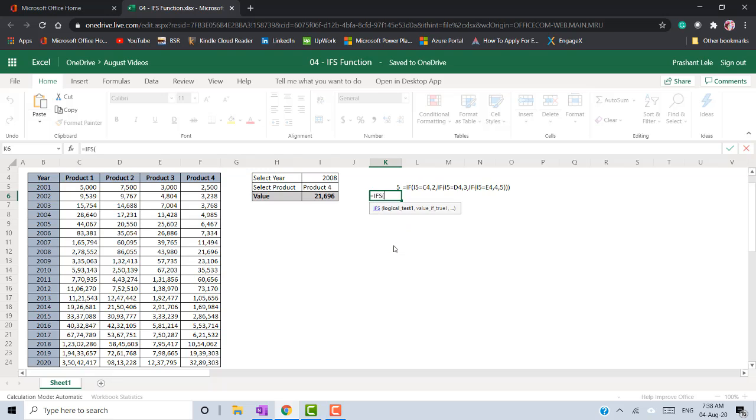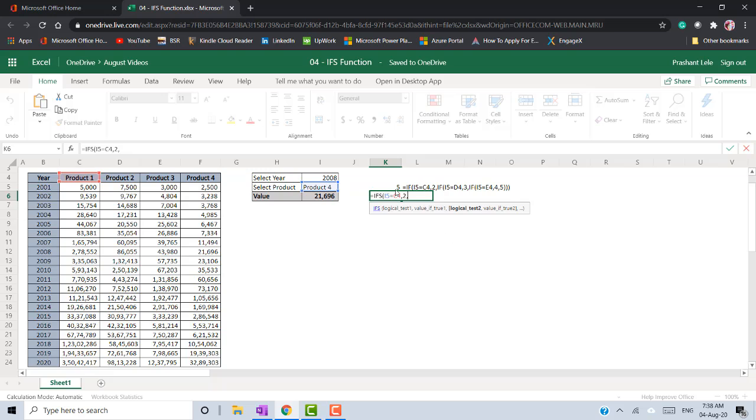My first logical test is: if this equals product 1, then 2. Now instead of writing another IF, I will just press comma, so it goes to logical test 2 and value if true 2.